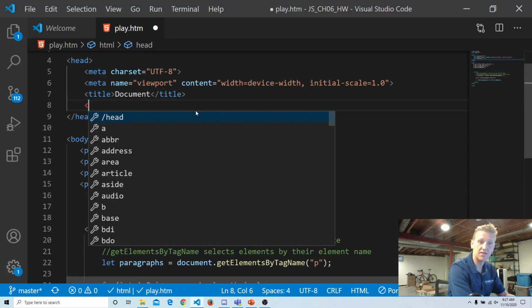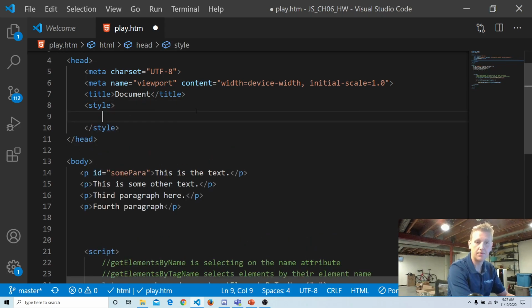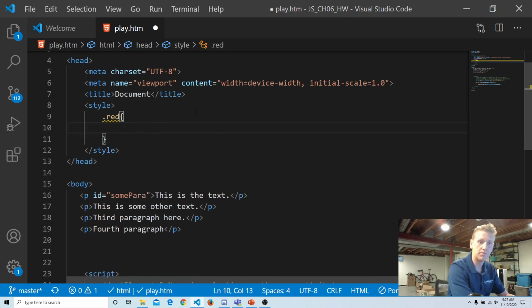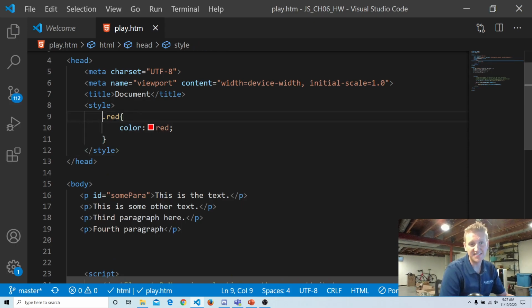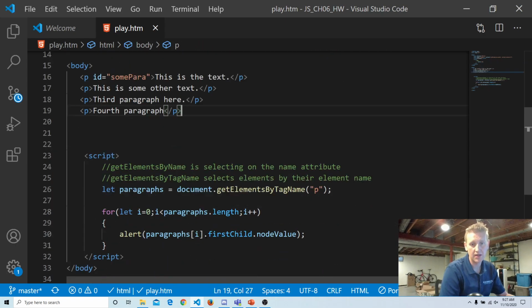Let's make a style. Let's make a class selector just called red. So this is a CSS line of code. Right now, none of these have a class of red. Instead of just reading